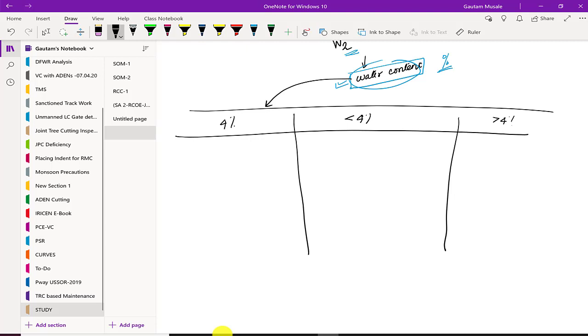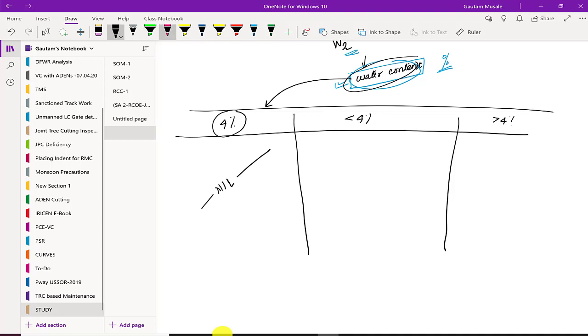Now this water content becoming exactly equal to 4% is, you can say, the rarest of the rare possibility. In that case, what you can simply say is that my aggregate which is available at the site itself conforms to an SSD condition, so you do not have to make any kind of correction. So you will say no corrections are required. But as I repeat, it is the rarest of the rare condition which you will not actually obtain on field.